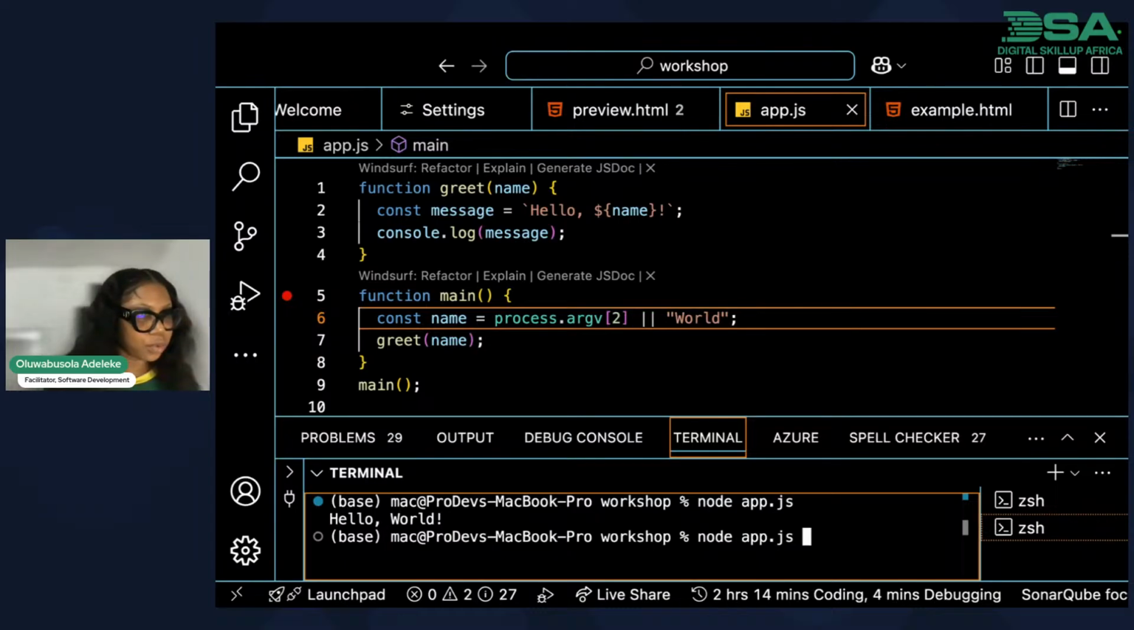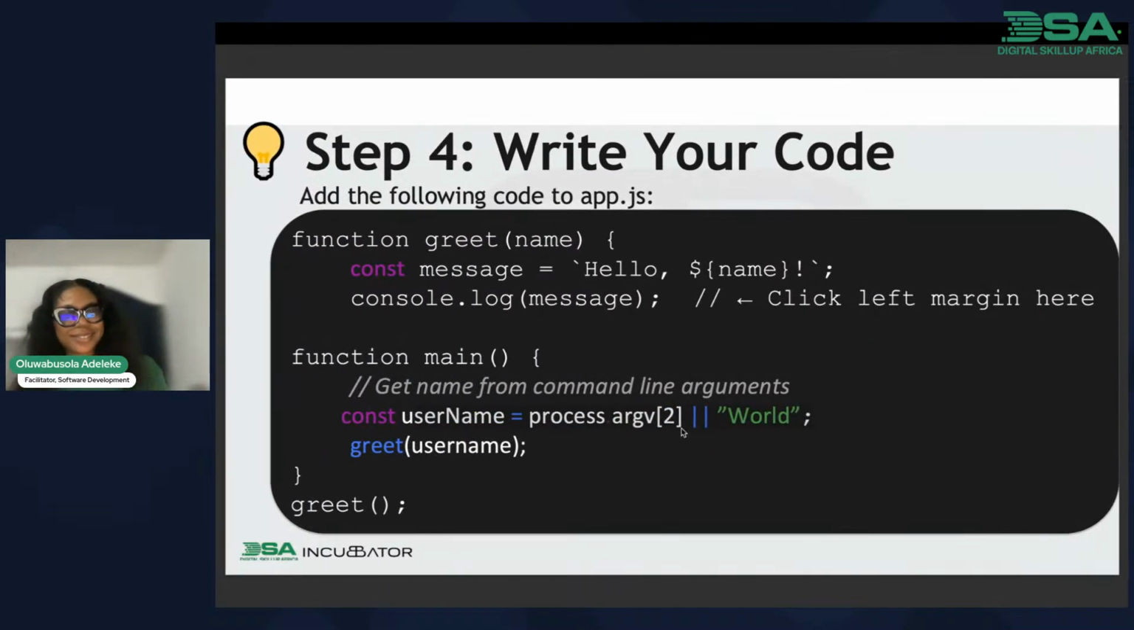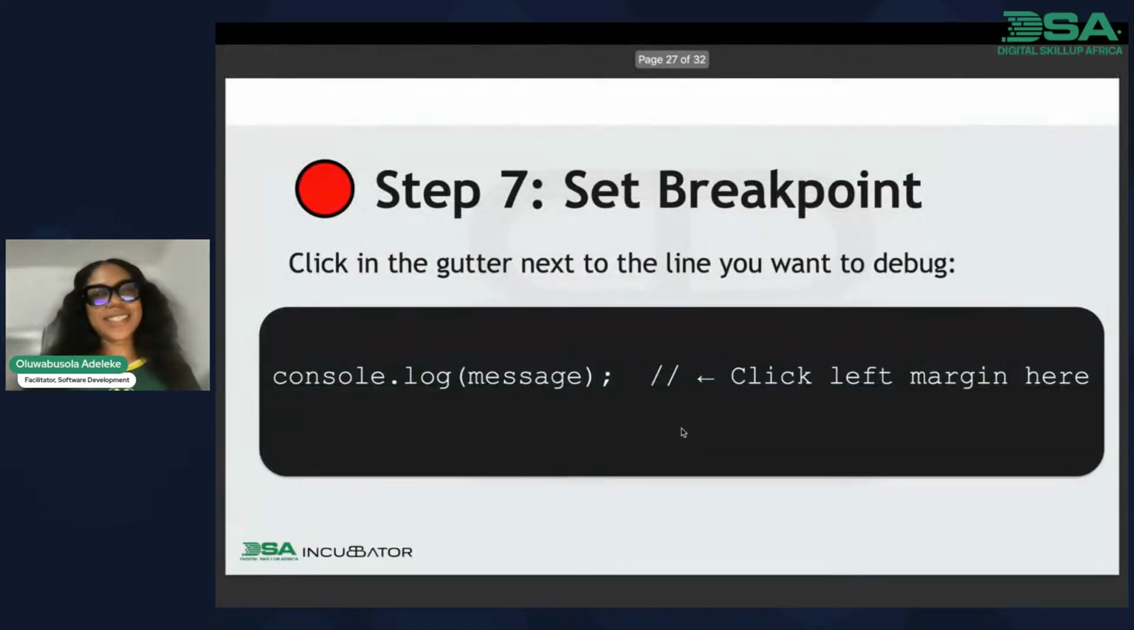Let me use Faith. If I type it, what does it bring? Hello, Faith. We have just written a simple file. You've just written your first script. Isn't that interesting? Okay, now, once you have that,